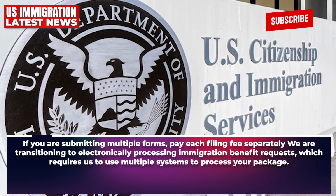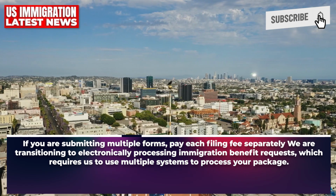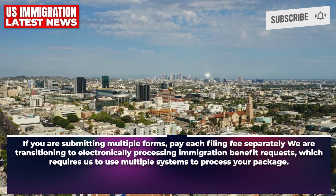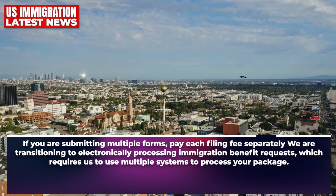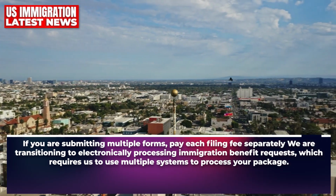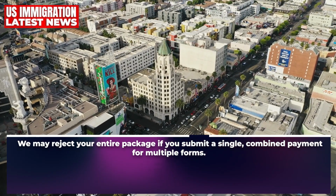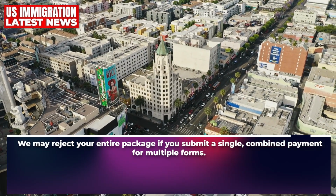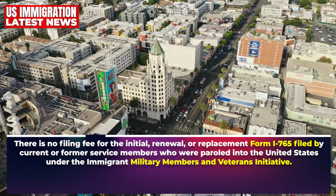If you are submitting multiple forms, pay each filing fee separately. We are transitioning to electronically processing immigration benefit requests, which requires us to use multiple systems to process your package. We may reject your entire package if you submit a single combined payment for multiple forms. There is no filing fee for the initial, renewal, or replacement